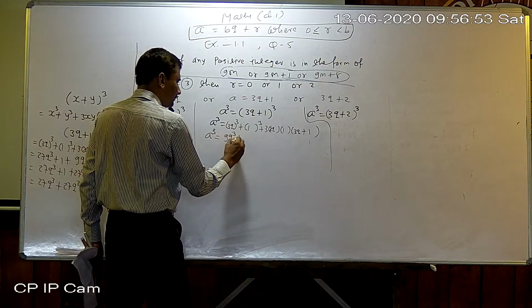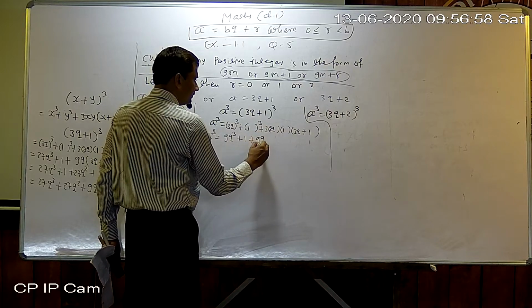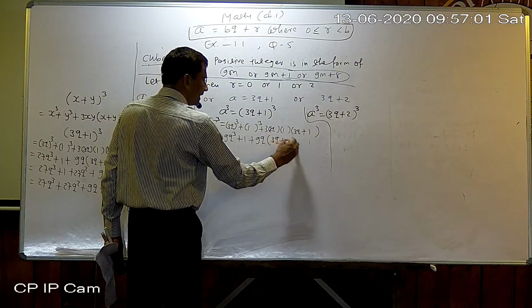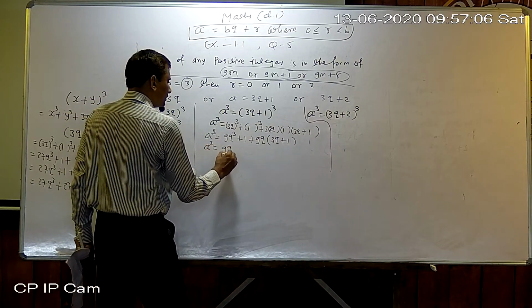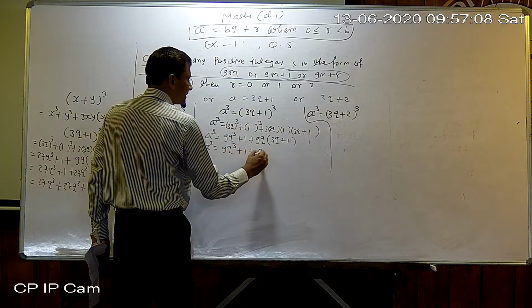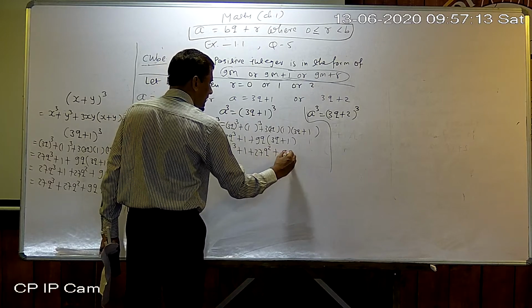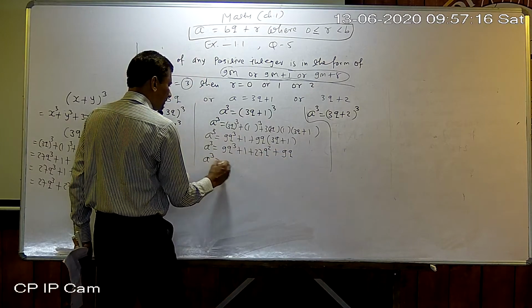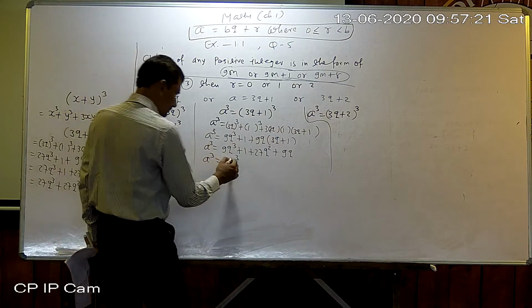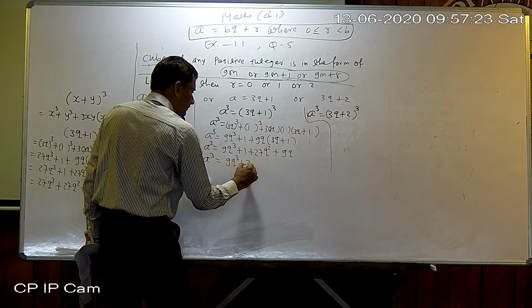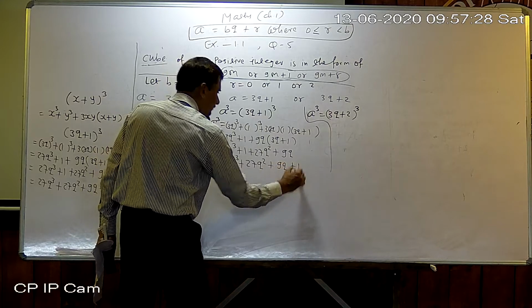9q cube plus 1 plus, now just multiply 3ab, means 9q. Keep this bracket as it is. Now in the next step open it. So a cube is equal to 9q cube plus 1 plus 27q square plus 9q. Now write systematically, means according to decreasing degree of terms. So first 9q cube plus 27q square plus 9q plus 1.